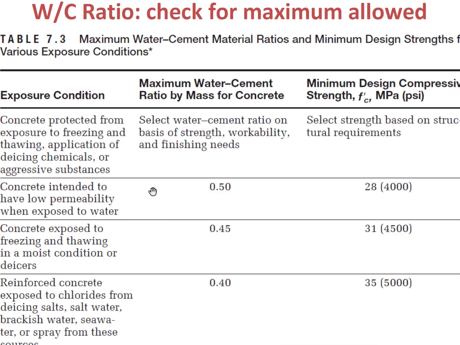So we relate that information to this table. You can see for this one, it's exposed to freezing and thawing in a moist condition or de-icers, and it's not reinforced, so it should be in this column, in this row. So the maximum allowed water to cement ratio should be